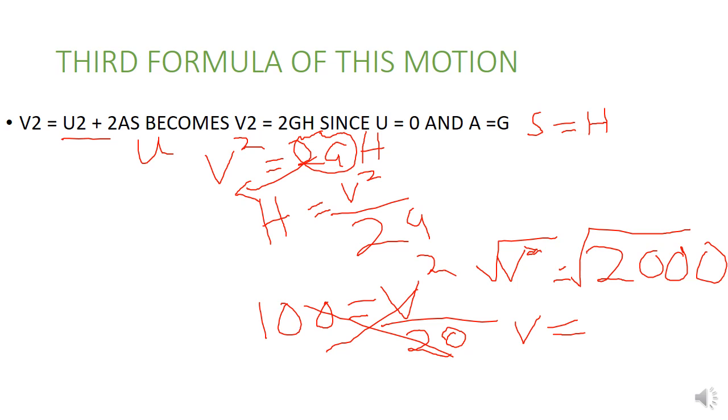The square root of 2000 is simply 44.72 meters per second. That is the final velocity of the object as it hits the